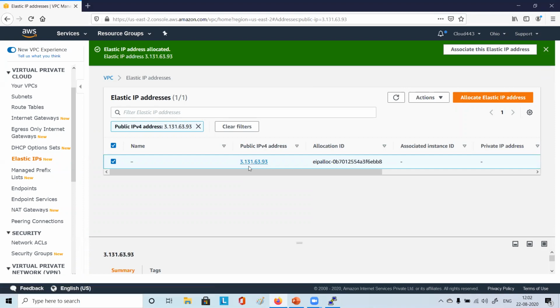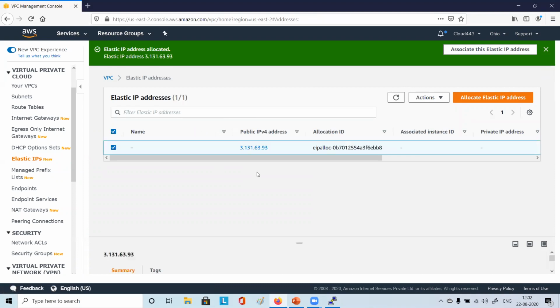Yeah, it's 3.18. Starting with 3. For you, 3, yeah, Pradeep? Now mine is starting with 15. Okay. See, so different IP addresses have come here. So this elastic IP has been allocated.